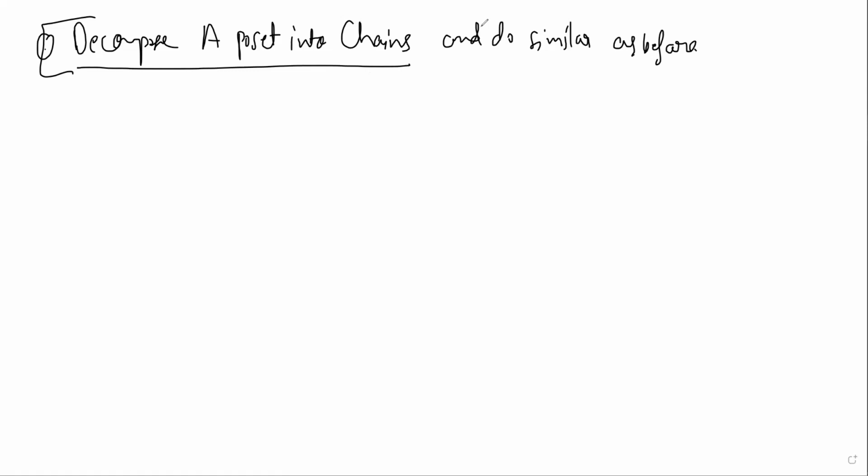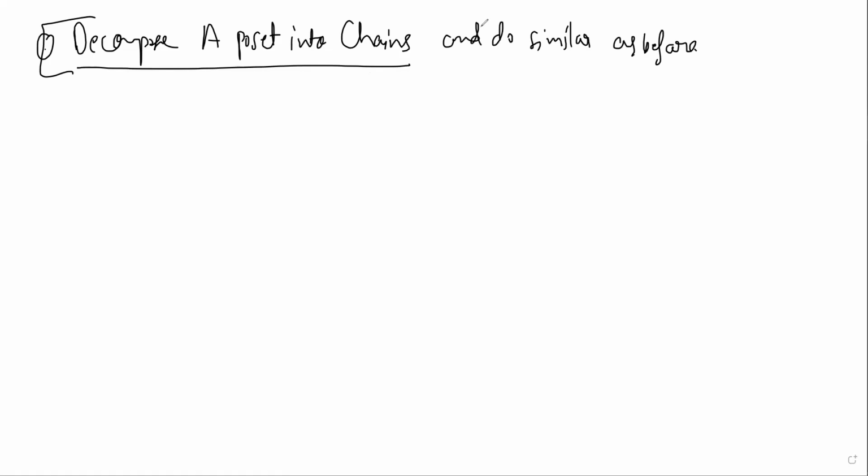Anyways, this is not needed now, but please do try this. Take an example and decompose it into chains, relate it with the size of the anti-chain, decompose into the minimum number of chains, make your conjecture and check, and so on. We'll maybe discuss it at some later point. Next class, we'll do more analysis. So yes, please say.